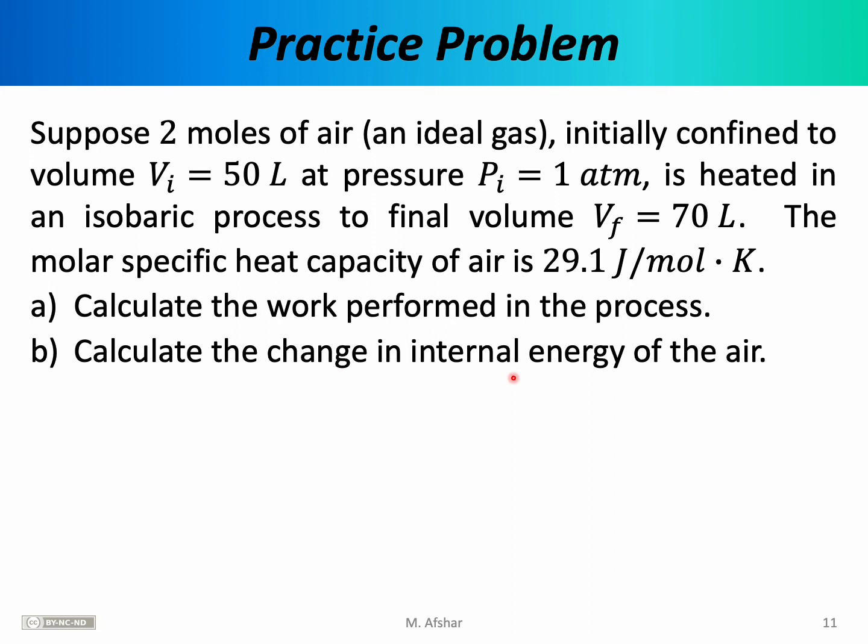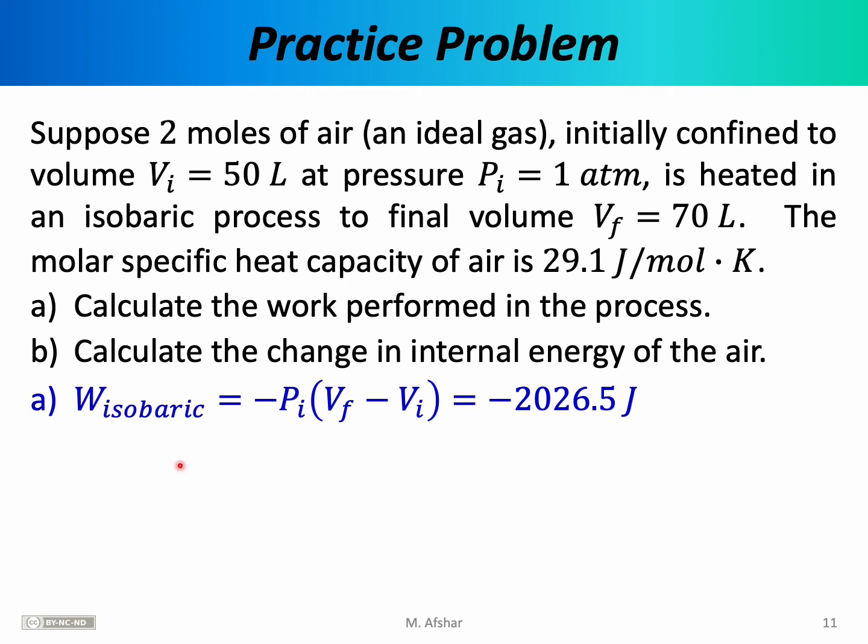For part A, calculate the work performed in the process, and for part B, calculate the change in internal energy of the air. We're told that the process is an isobaric process, and we know that the work performed in an isobaric process is equal to minus the initial pressure times the change in volume. The initial pressure is given to us as 1 atmosphere, so you should be careful to convert that to SI units. In SI units, 1 atmosphere is equal to